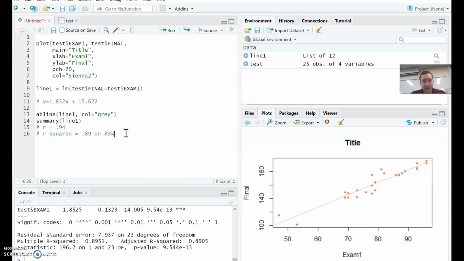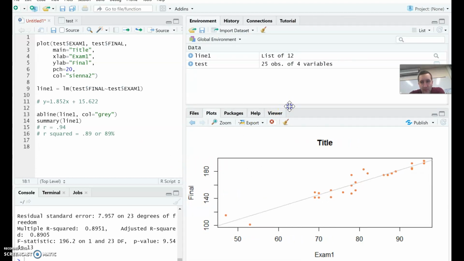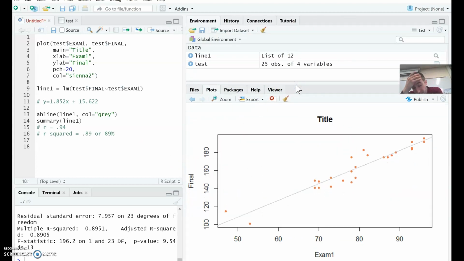Okay, but let's say, and you would do this for exam 2, you would do this for exam 3, and compare. Hey, let's talk about residuals for these last 5 minutes of the video. Here's why residuals are important, and I want you to pull this off on your test. Okay? We need to figure out